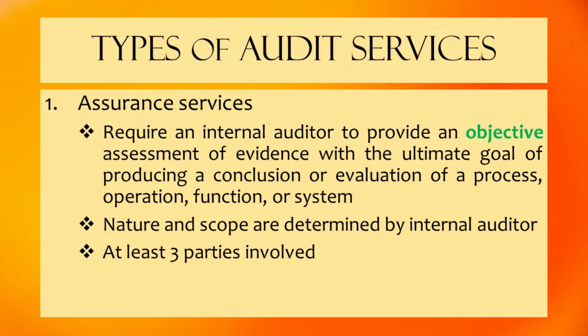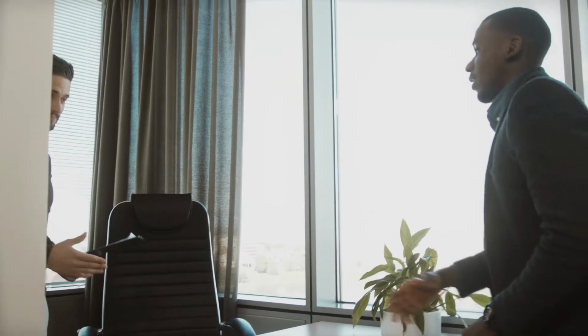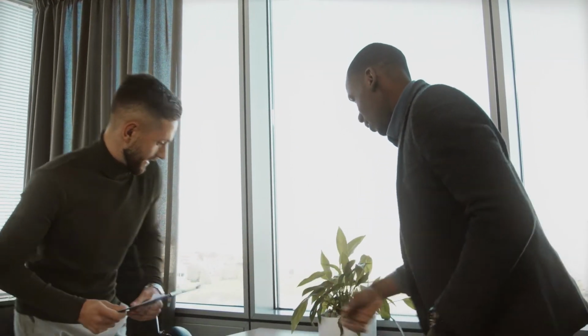One of the participants is the person making the assessment, which is the internal auditor. The second participant is the person or group that operates the entity, system, function, or process. In the internal audit profession, we call this person the key process owner or control owner. The third participant is the person or group that uses the assessment to make decisions. We call this person the user. Again, this can be the audit committee, a regulatory body such as the SEC, which is Securities and Exchange Commission, the board of directors, or management.